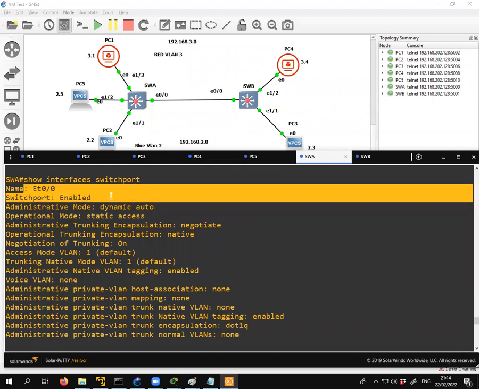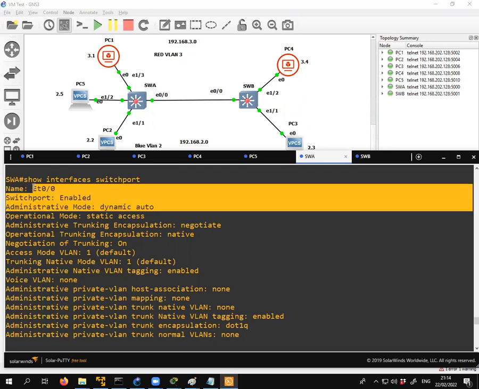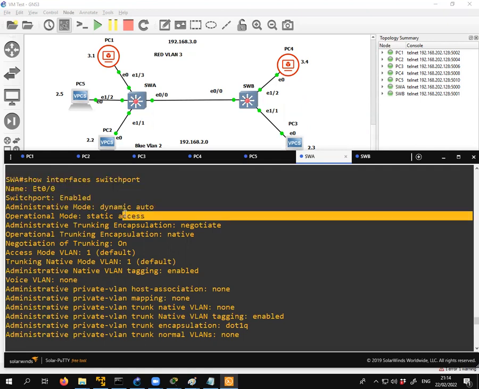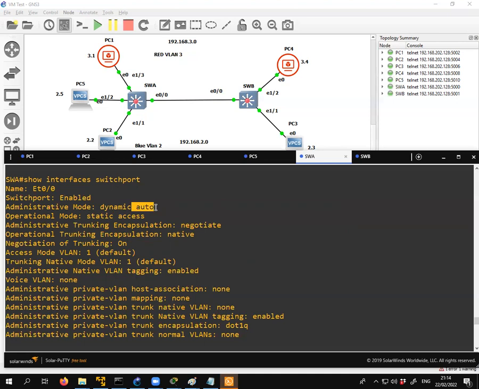So I'm on ETH 0/0, right? And this switch says I automatically try and determine the port. And I have this port down as being an access port. Now, this is not good. You shouldn't have your trunk link, which is your most important link, set to dynamic auto. That just means you're going to leave the switches to auto negotiate which type of connection it is, and it normally defaults to access ports. And that's a problem because let me show you. If that's an access port,